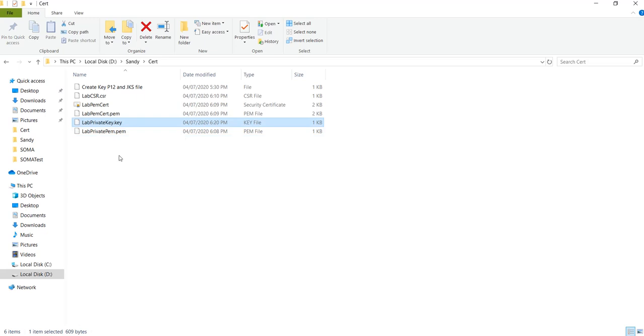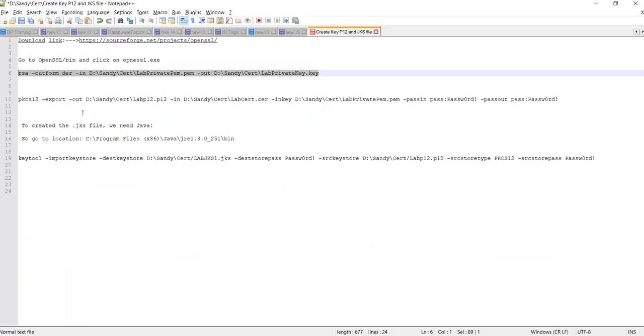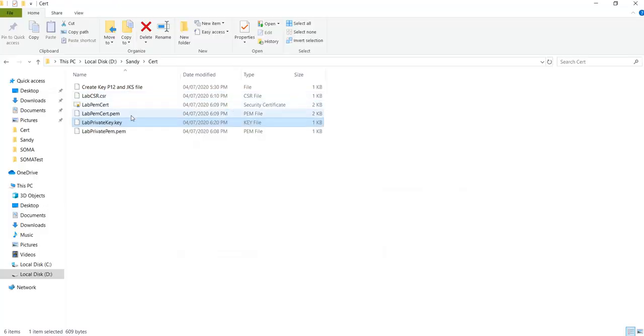Now we'll create the .p12 file. To create it, we need the name as lab p12 file, and we have lab cert. Just check if the name is the same. Okay, we have lab PEM, we'll rename it, no problem. We'll keep it as lab cert.